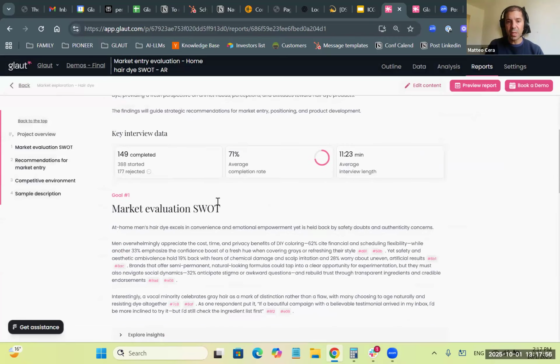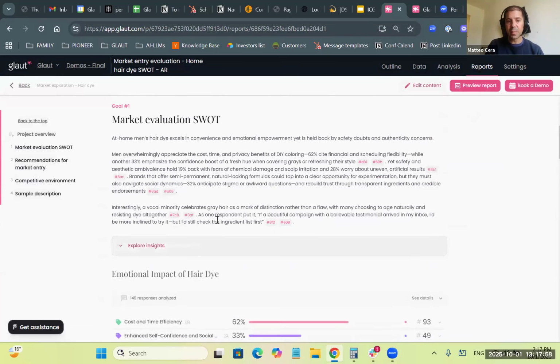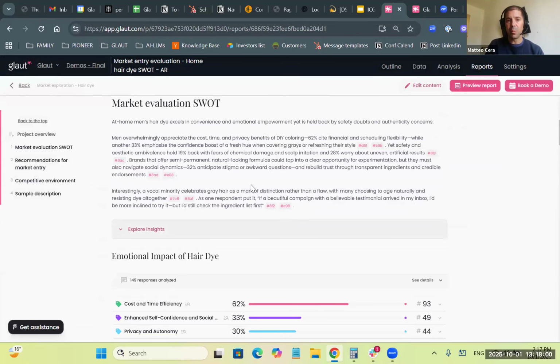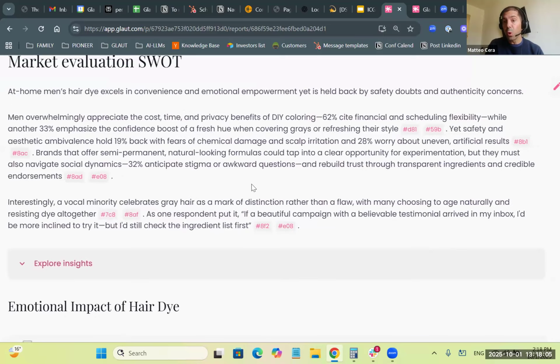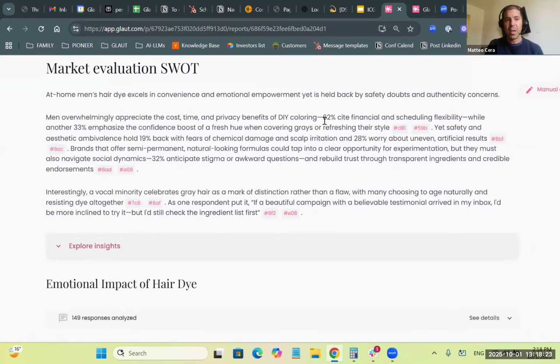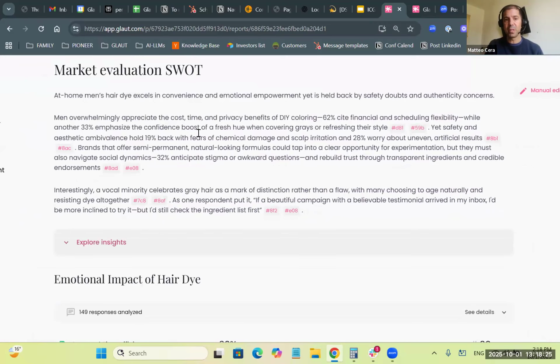And what comes out of it is a text and some charts where you can basically Glaut will write a first narrative results and verbatim as a support. So in this case, for example, 62% cite financial and scheduling flexibility when mentioning what are the benefits, and 33% the confidence boost, and so on.